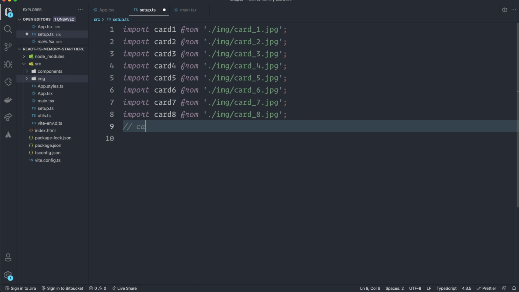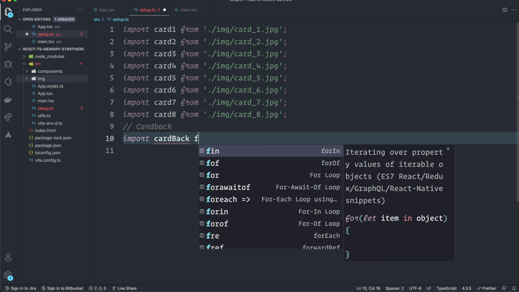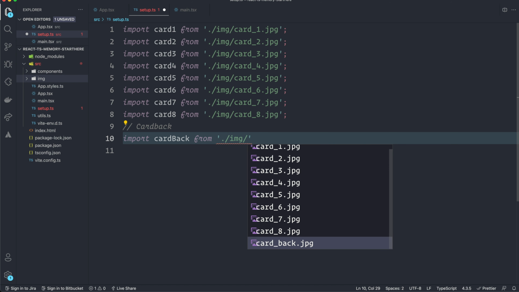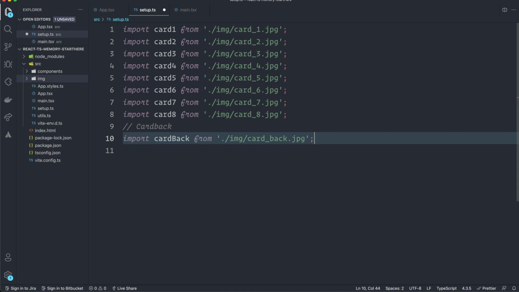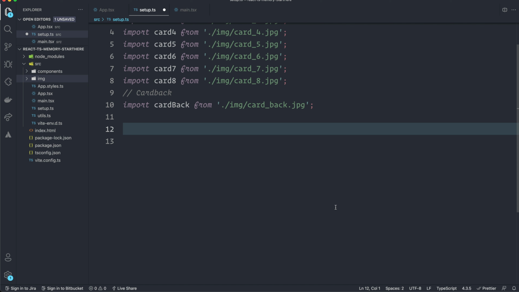And then we have the card back. So we import card back from ./img/ and I have a file that's called card_back.jpg. So that's all the images that we need. Then I'm going to put all these images in its own array so that we easily can create a game board with these images. Put the images in an array,